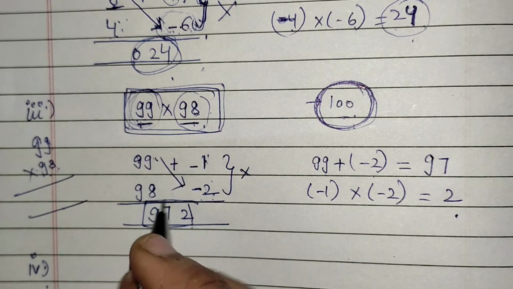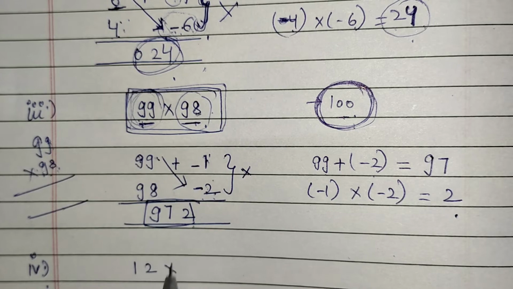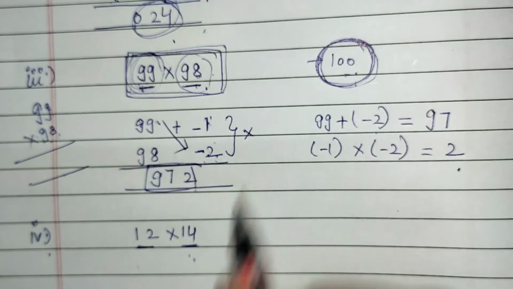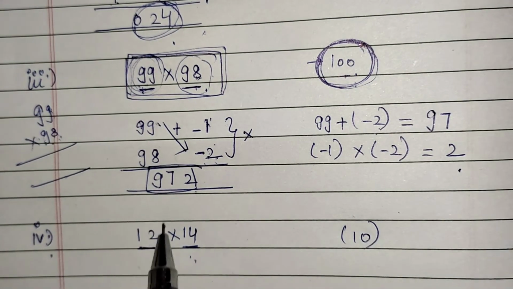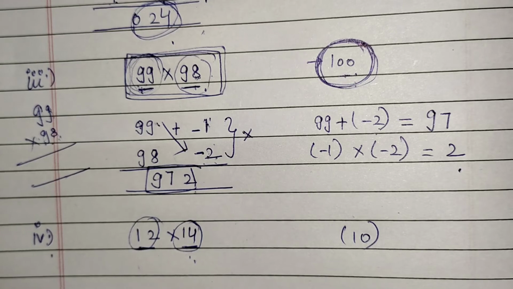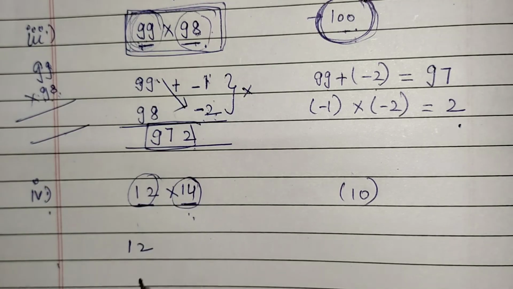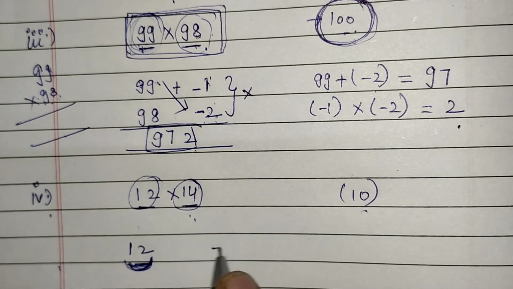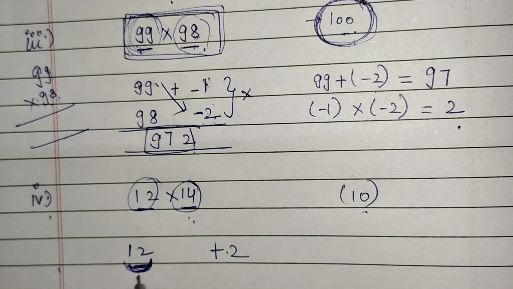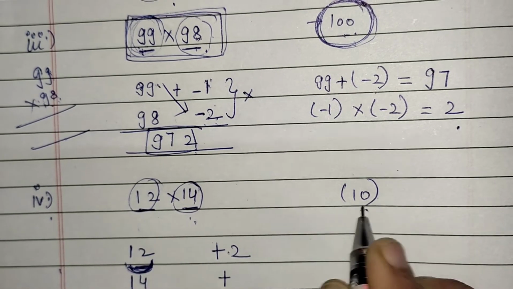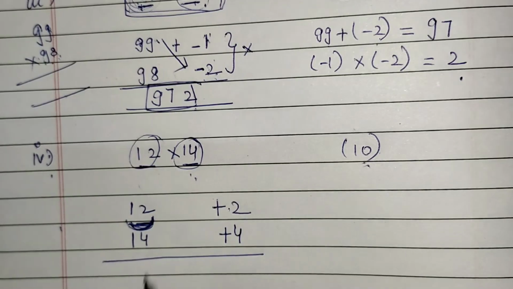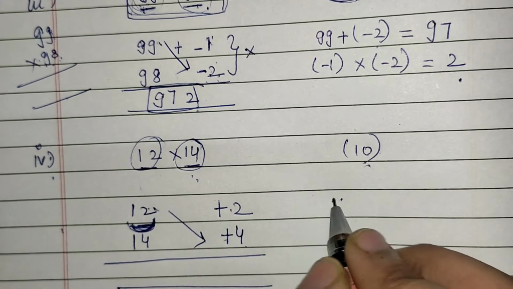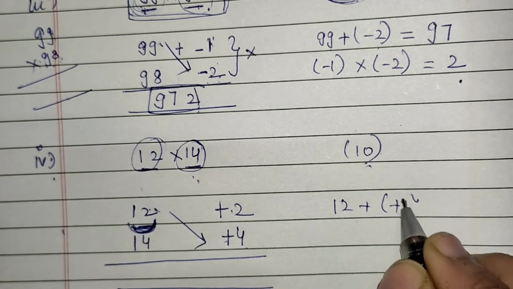Suppose my next example is 12 into 14. Till now we have done examples where the numbers are lesser than the same base. This time these values are bigger than the base, but no difference will be there. You have to write in a similar way. 12 is how much bigger than 10? It is plus 2. And 14 is how much bigger than 10? It is plus 4. Now the next step is addition of these two values: 12 plus 4 will give you what?